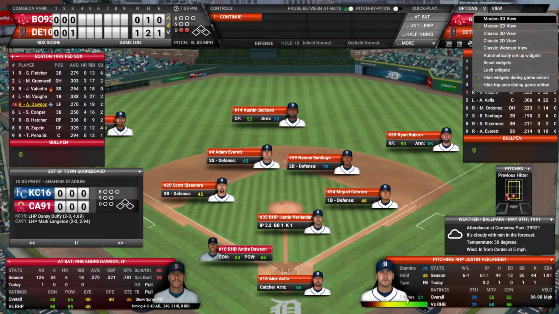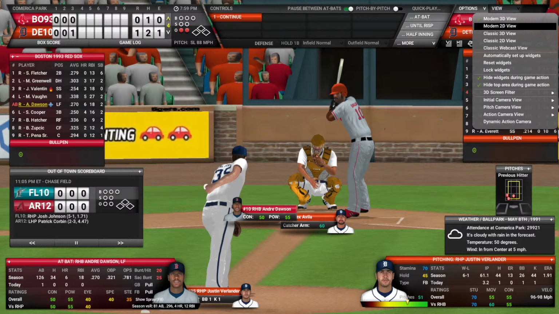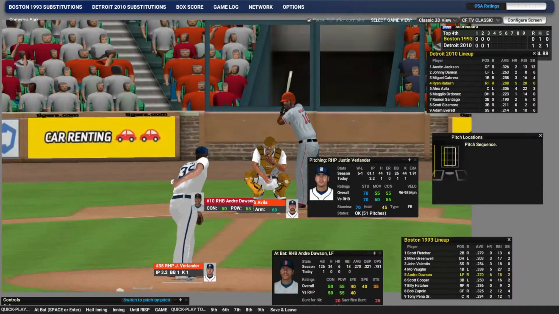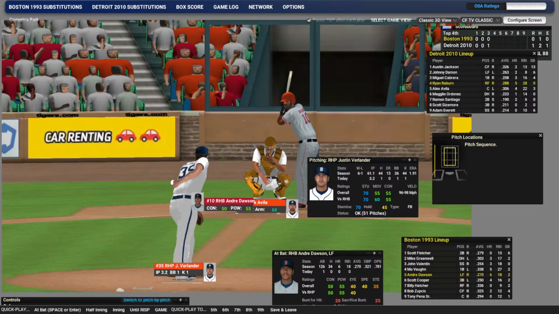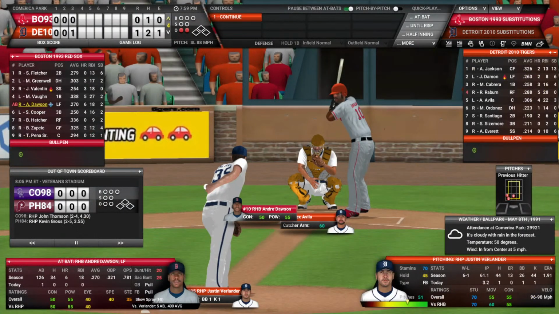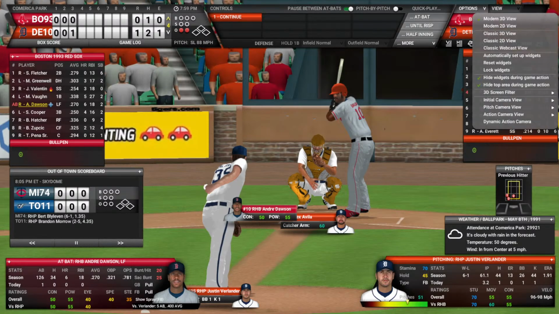There we go. See the classic 3D view. That's all kind of messed up there. I really don't know where it went. I love this, the out-of-town scoreboard where it was innings by innings. And I really wished